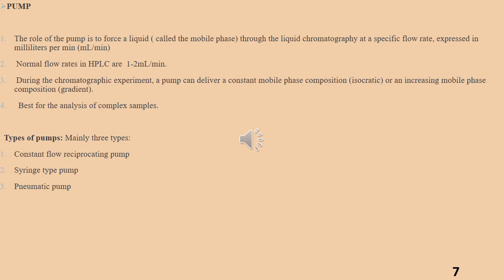A combination of two syringe pumps allows the generation of multi-shaped gradient profiles and the use of flow programming. Next one is reciprocating or constant flow pumps. A reciprocating pump is generally driven electrically. The driven piston pressurizes either the eluent directly or hydraulic oil, which, acting through a diaphragm, pressurizes the liquid from the solvent reservoir. In reciprocating pumps, basically movement of a plunger piston causes suction of the eluent during the backward stroke and the delivery of the pressurized solvent during the forward stroke.